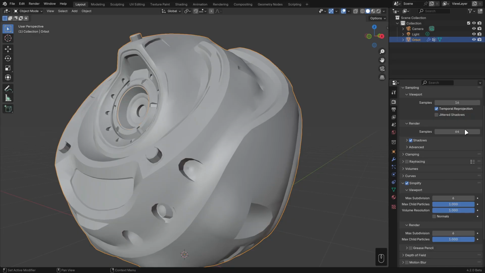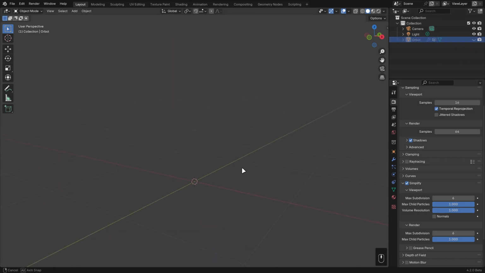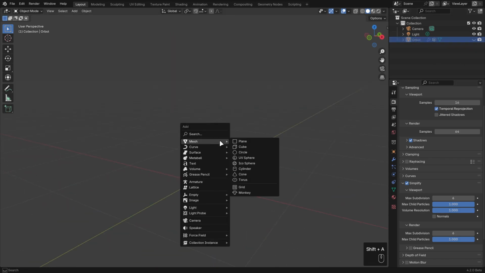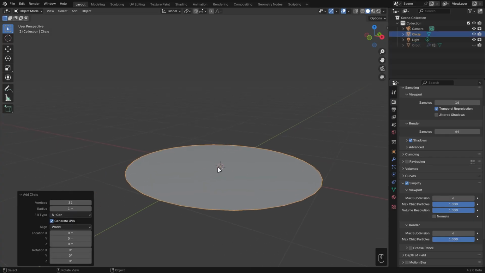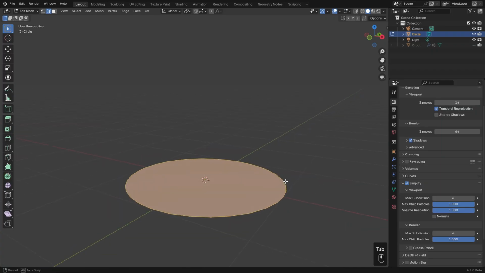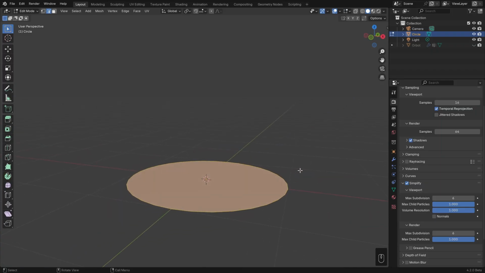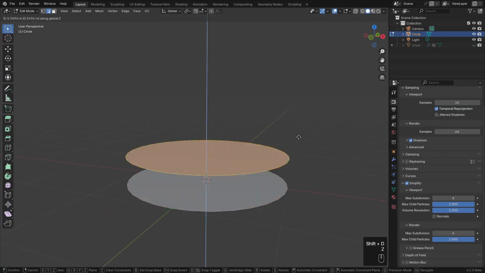One thing we talked about with normals in the Blender basics is flipped normals and the importance of fixing them. So for an example, let's create a circle mesh here. I'll set the fill type to N-gon over in the redo panel in the bottom left, and then I'll Tab into edit mode. Let's pretend that I wanted to make a cylinder, so I'll hit Shift D and duplicate this up,